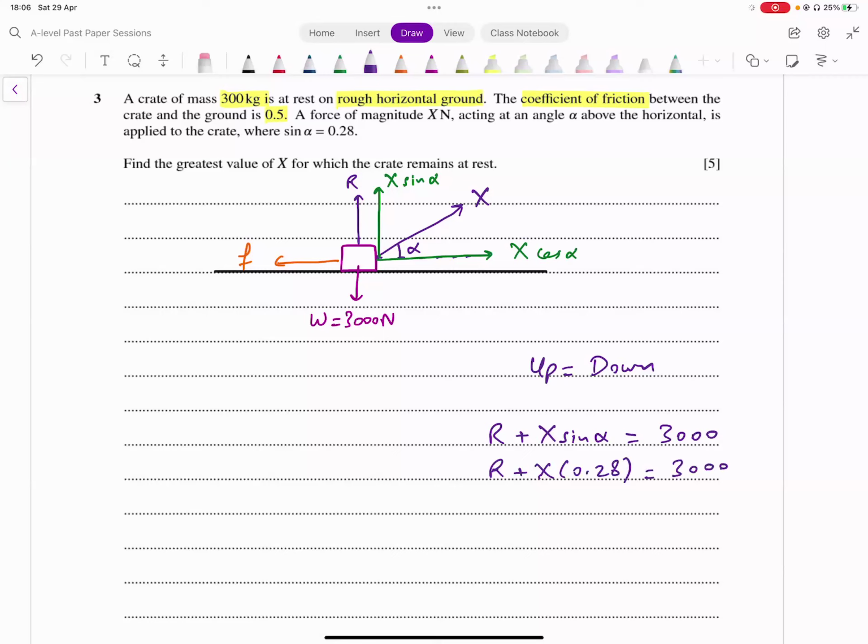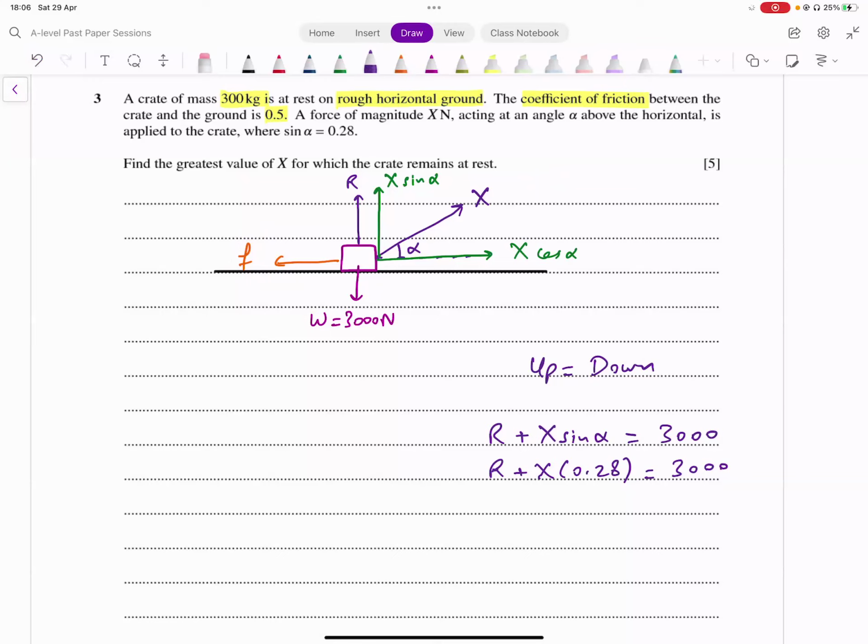This is one equation that we have, okay. अब उसने कहा है find the greatest value of x for which the crate remains at rest. अच्छा देखें क्या होगा, आप x एक फोर्स लगा रहे हो, अब अगर ये बहुत थोड़ी फोर्स है, लेट्स से ये 10 न्यूटन फोर्स होती, अब ये इतनी थोड़ी फोर्स है इसके वेट के कॉरेस्पॉन्डिंग कि फ्रिक्शन मोस्ट लाइकली क्या करेगी, इसको अपोज कर लेगी और इस ऑब्जेक्ट को मूव नहीं करने देगी।